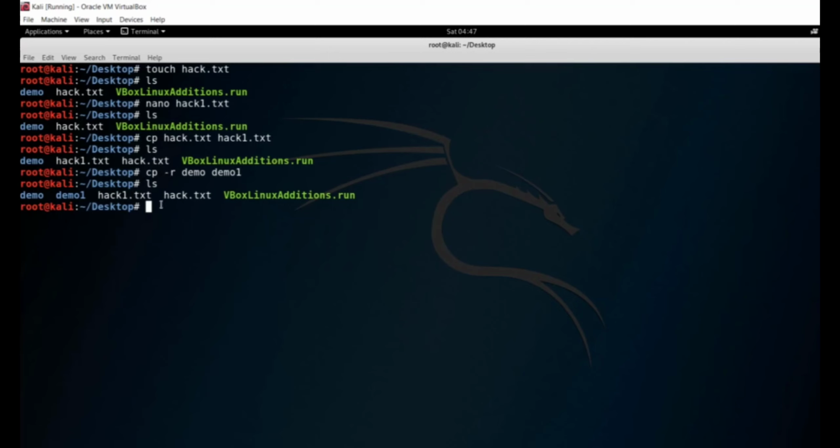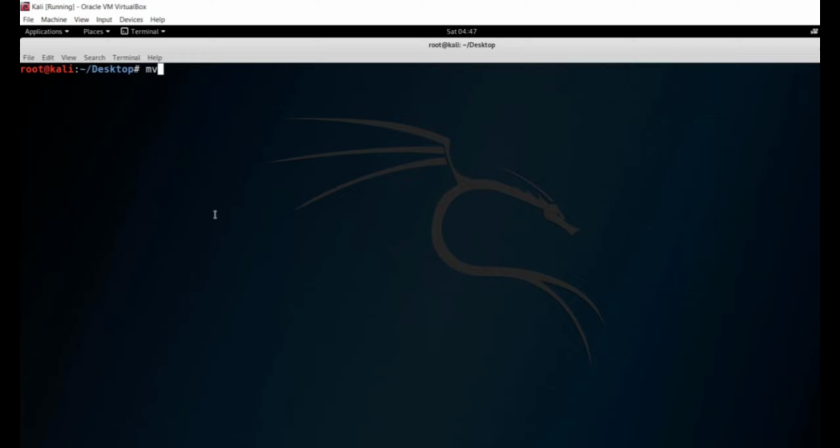The next one is to move files. You can do that using mv, which is the move command, and you give the file name. Let me clear this first, and now I'll say mv, which is for move, and the file name. I forgot the file name, it should be hack1.txt. So mv for moving, and now hack.txt should be moved inside the desktop,